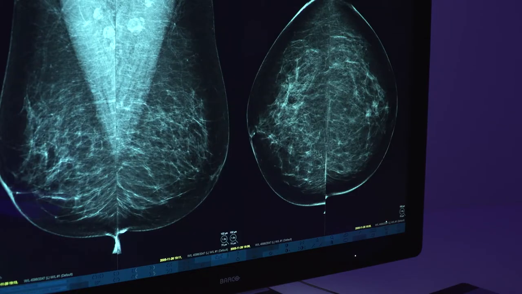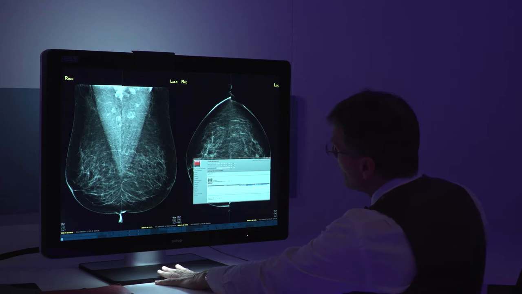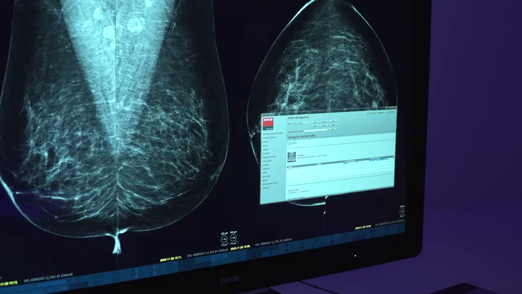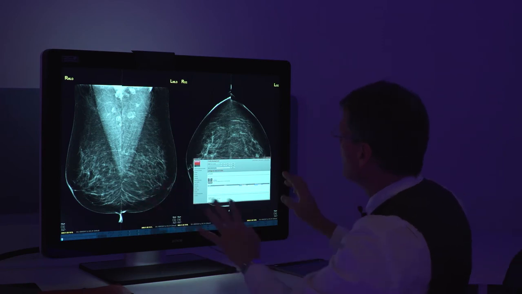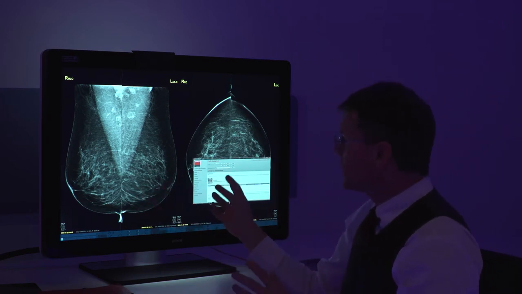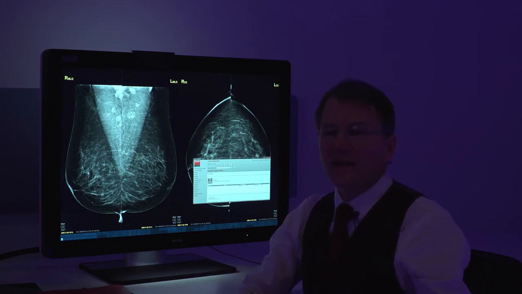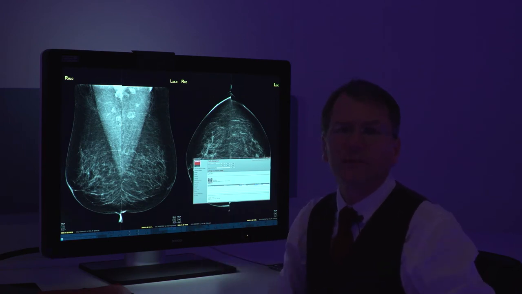This light level can be set. And so if I go into the system settings, I can say, okay, I want the task light to still be on, but I want it to be rather dim because I don't need it to be too bright. And maybe the wall light, I would like that also to be lower because I'm not looking at images that are particularly bright. So you can set that profile to the levels that you prefer, and now you have a more ergonomic environment, and really the system is set up just the way you would like.